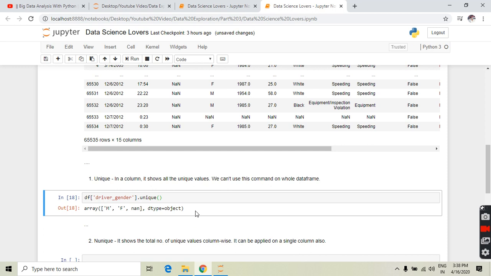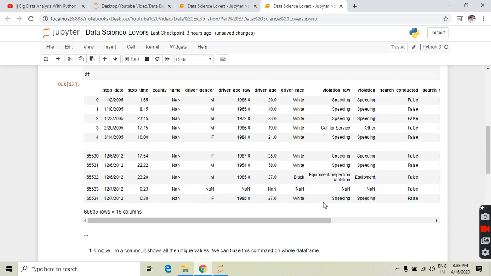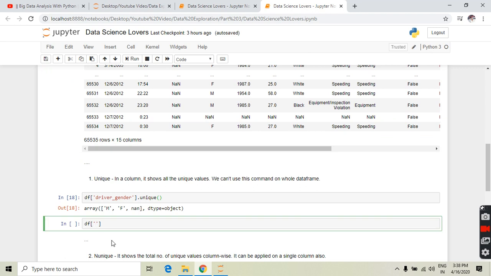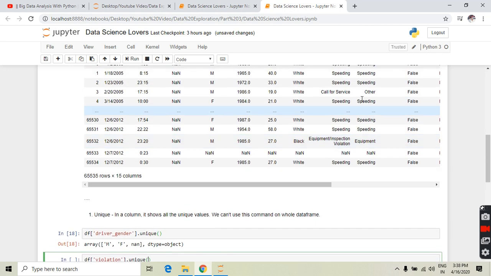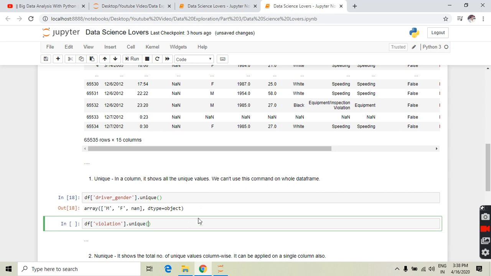Let's use this command on another column. We will write df and our column name. Let's see the violation column. Then we will write the violation column name and use our command unique. It will show all the unique values present in the violation column.